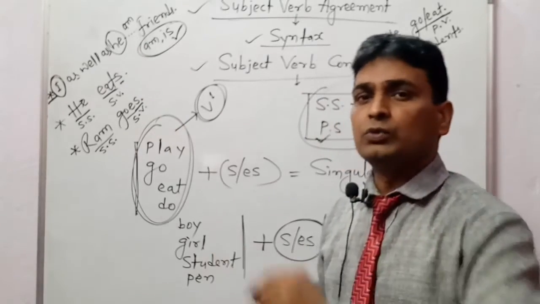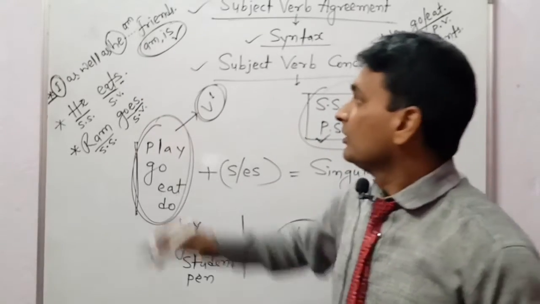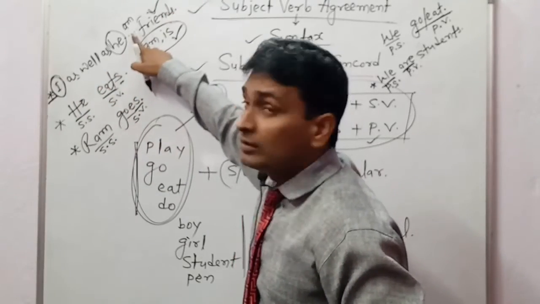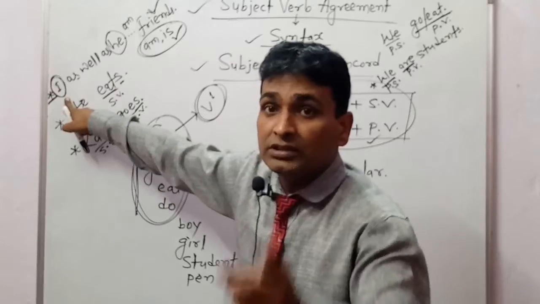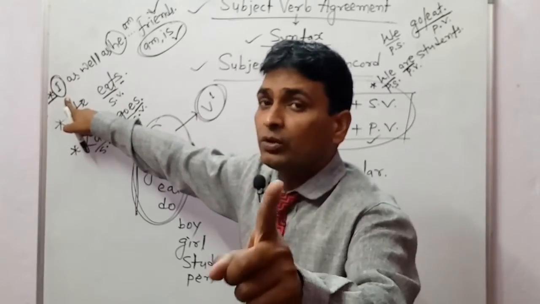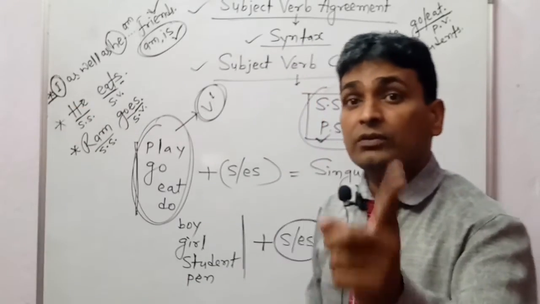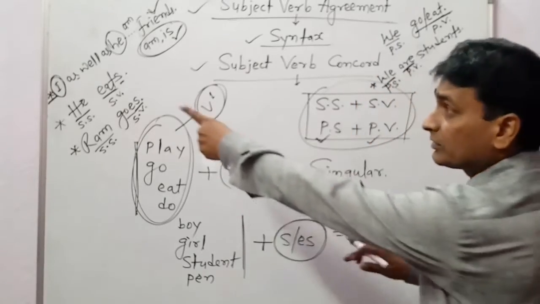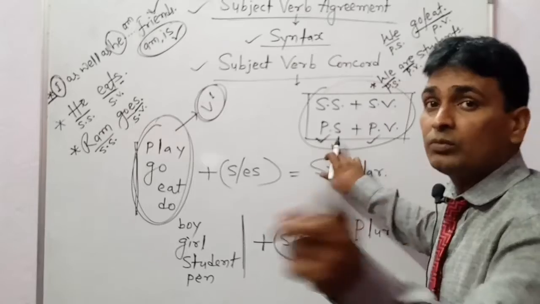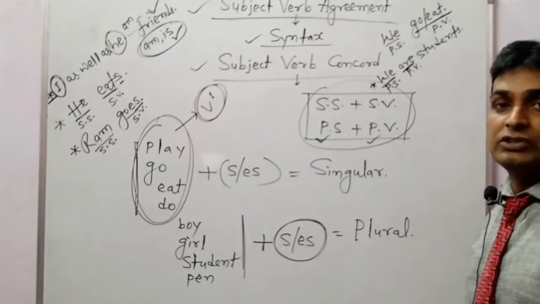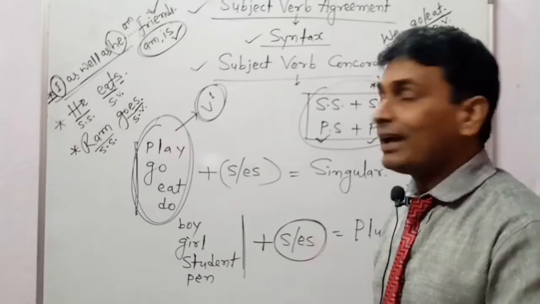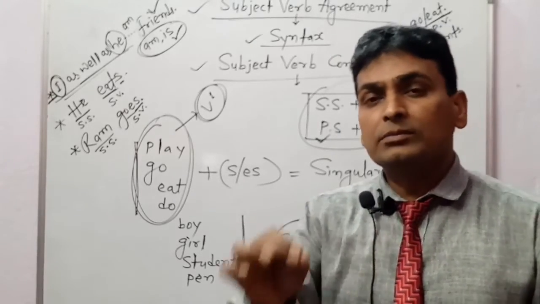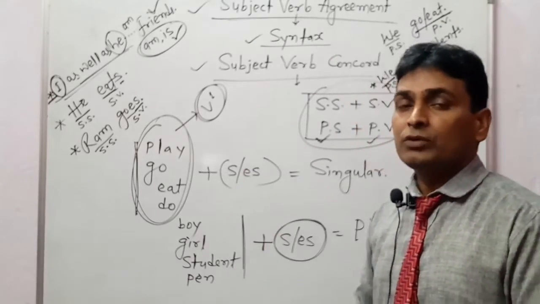This one is the correct use of the verb, right? So I as well as he am friends. Why am? As the first subject is I, so we have to go according to the first subject. If the first subject is singular, we have to go with singular verb. If the first subject is plural, we have to go with plural verbs. Right, students? So this is the reason that in subject verb agreement, we have to study some such strange sentences,